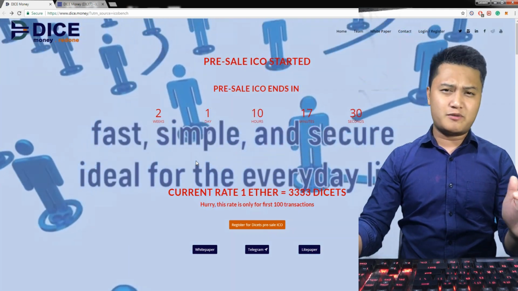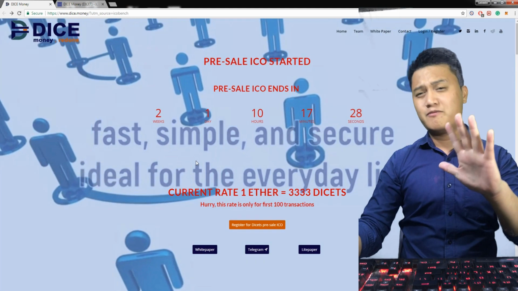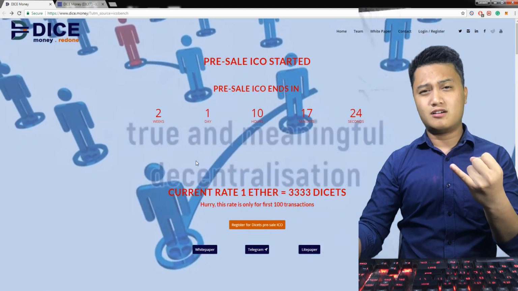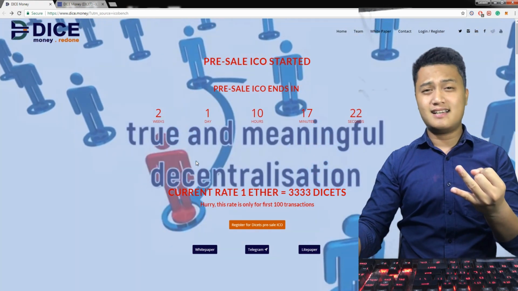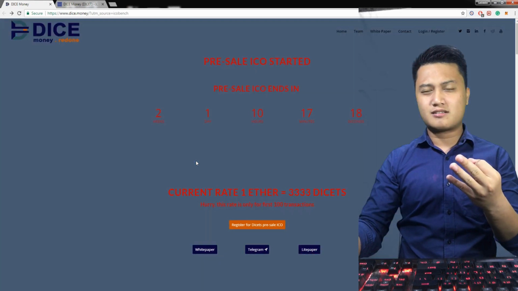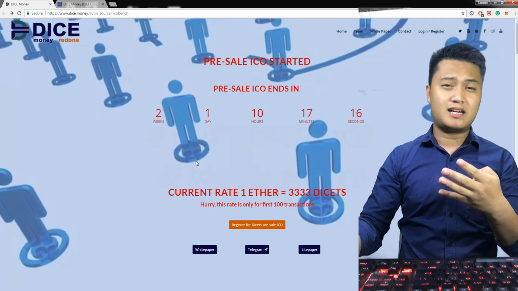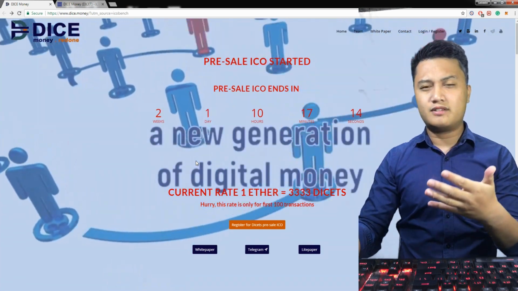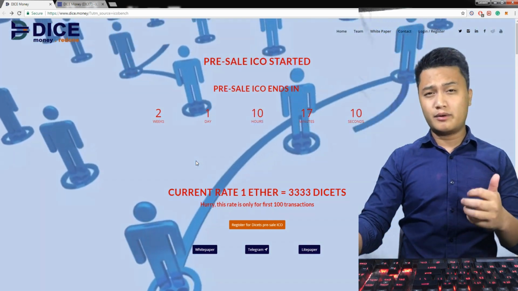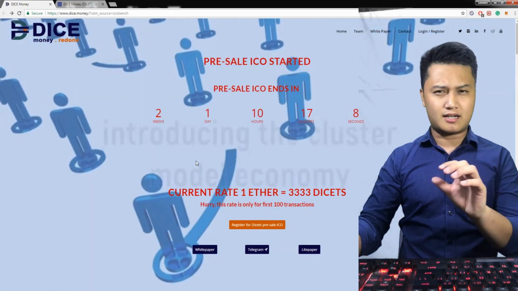So for this review, we will be talking about the 5 very important aspects of an ICO. First is the product. Second is the legalities. Is the ICO fully compliant to the laws? Third is the token economics. Fourth is the hype and marketing awareness of the ICO. Fifth is the team and advisors behind the project. So the first thing that we are going to talk about, guys, is the product or the concept.